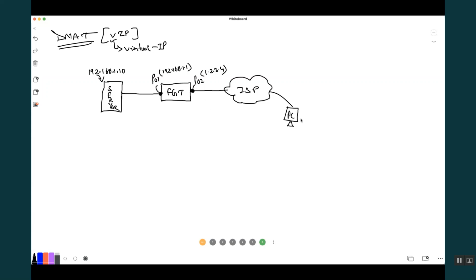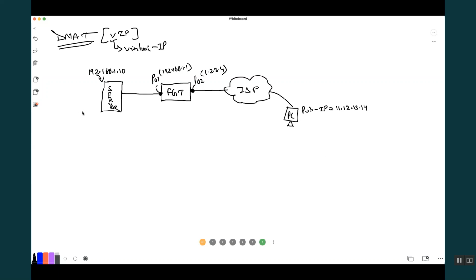Now, for example, I am on this PC, working from home, and my public IP, my broadband IP, is 11.12.13.14. Now I want to access this server.